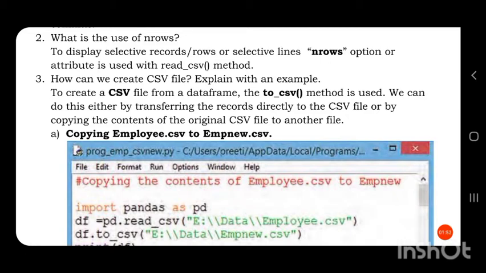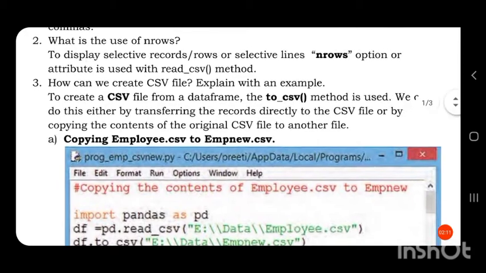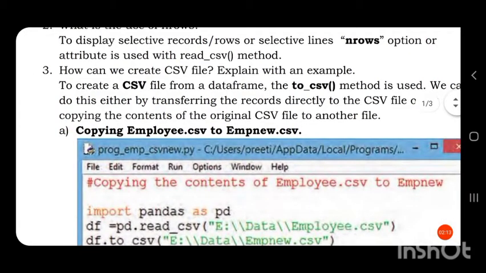If we want to select 5 rows, then we write the attribute nrows equal to 5 inside the read_csv function. So to select a particular set of records, we use the attribute nrows inside the read_csv function.